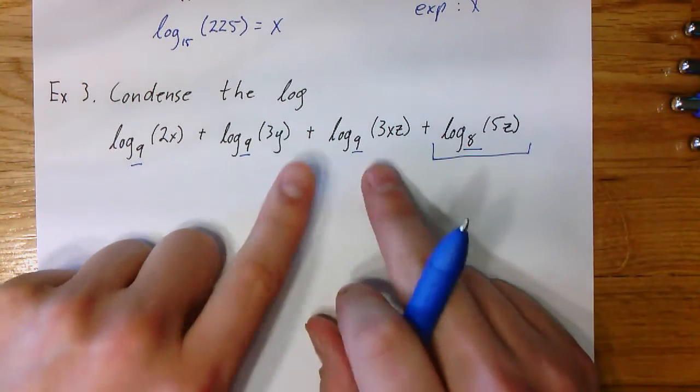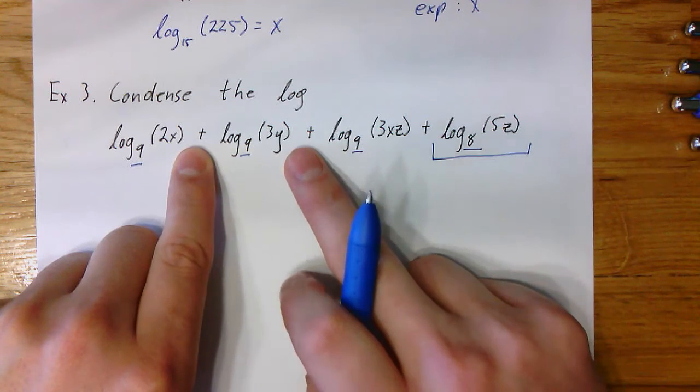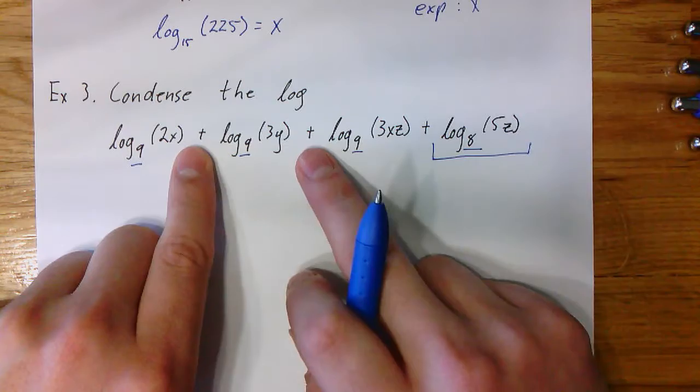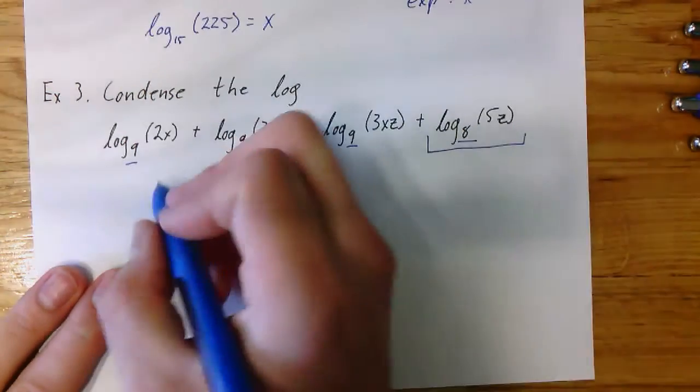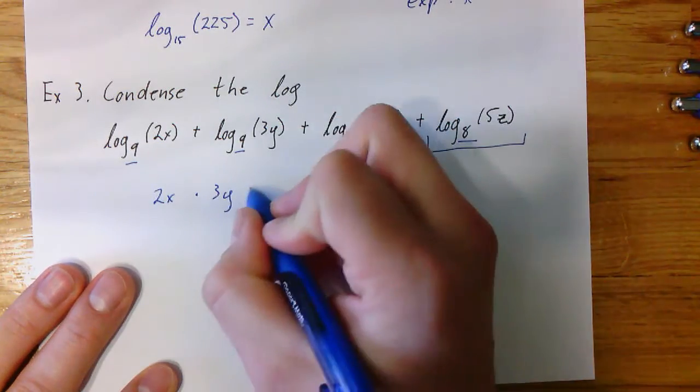So we're going to multiply the arguments together because these are pluses. If they were subtractions, we would use division. But because they're plus, we're going to multiply the 3 arguments together. So we're going to do 2x times 3y times